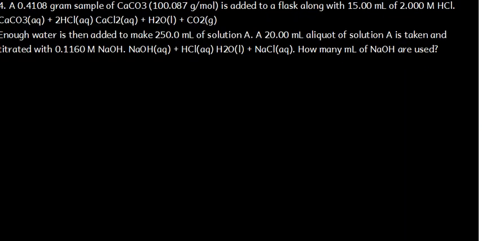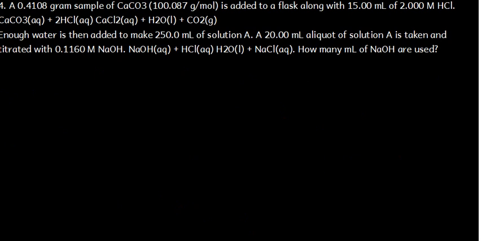Another question is given here. A 0.418108 gram sample of calcium carbonate is added to a flask along with 15 milliliters of 2 molar hydrochloric acid. We've also been given the equation. Enough water is added to make 250 milliliters of solution A, and then a 20 milliliter aliquot of solution A